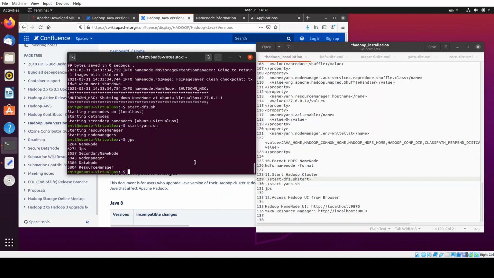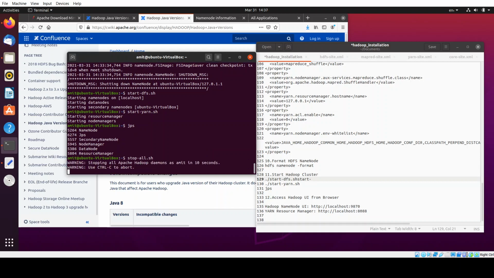One last thing, you would want to stop all these running processes, so you can do stop-all.sh, and this should stop all Apache Hadoop daemons.